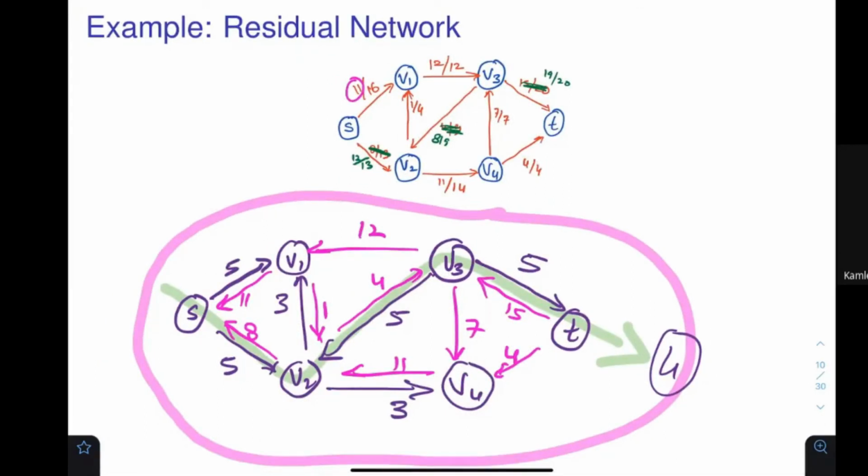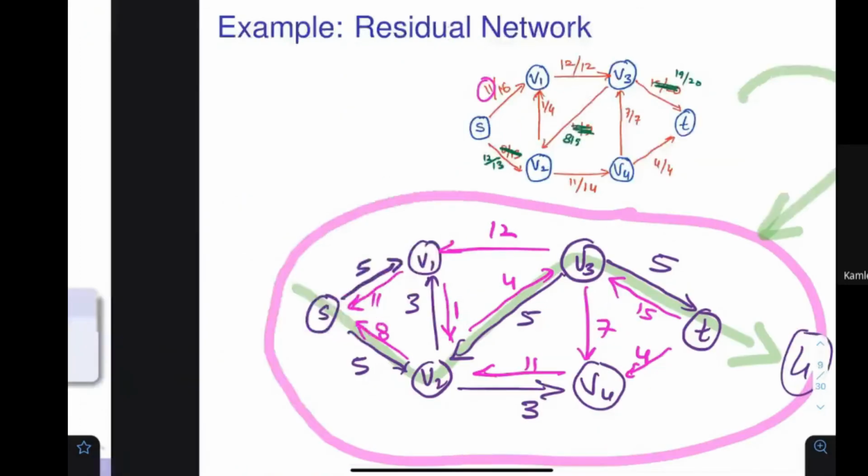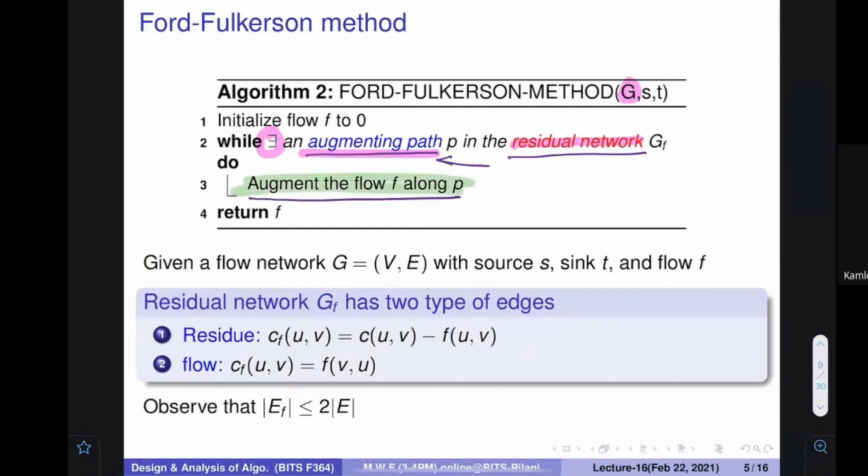Done. Everybody say yes that you understood. I'm not going to tell you what to do next. You would be telling what to do next. Once again, from this you create this. Find out an augmenting path. You have understood how to augment this thing. Once again, from here you create the residual network. Find out an augmenting path. Do it until you can.